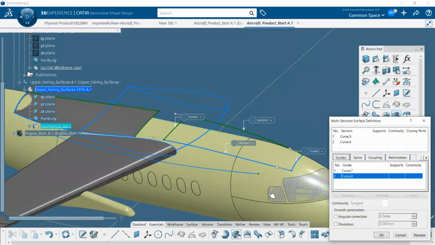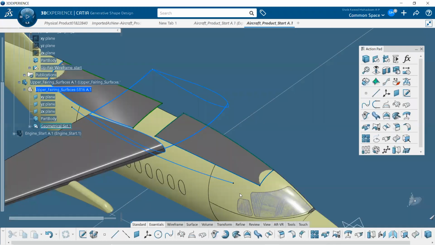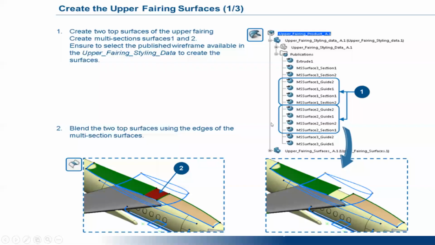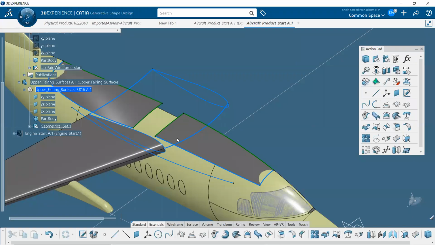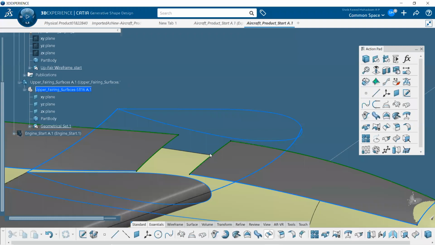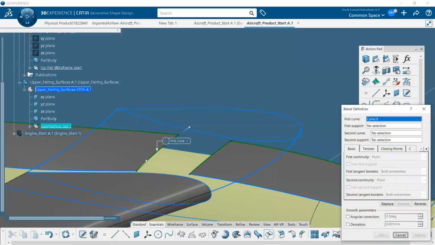So the two surfaces are created and look like this. We need to create another blended surface between these two surfaces, so I'm going to use the blend option. Click on the blend, select this side and select this side, preview.